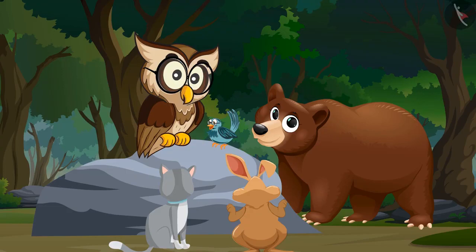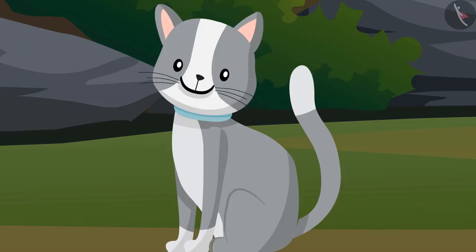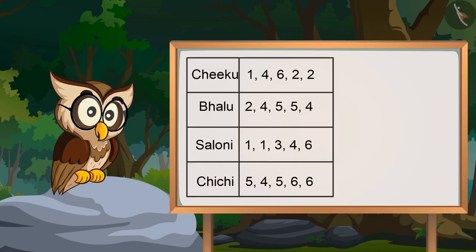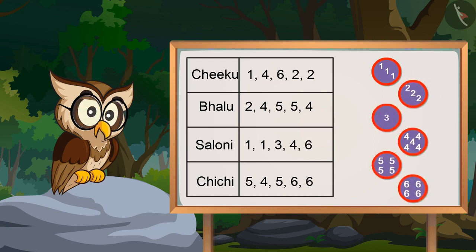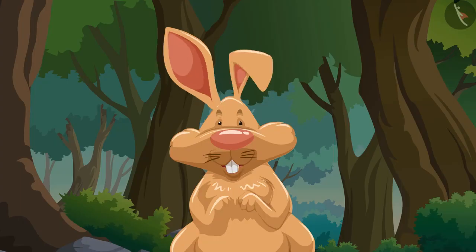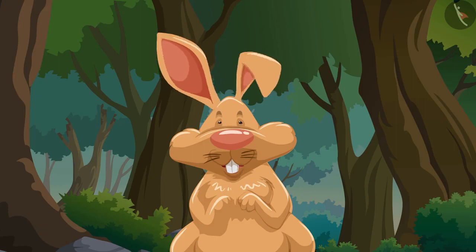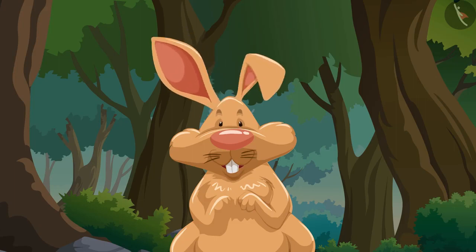What happened? Why are you taking so much time? Because we have to first check how many times each number has hit the die. Perfect. And for this, we can arrange and write our data in this way. Like, we got 1 for 3 times, we also got 2 for 3 times. And like this, we can write for different numbers. Oh wow! You have made a different set for all the numbers.